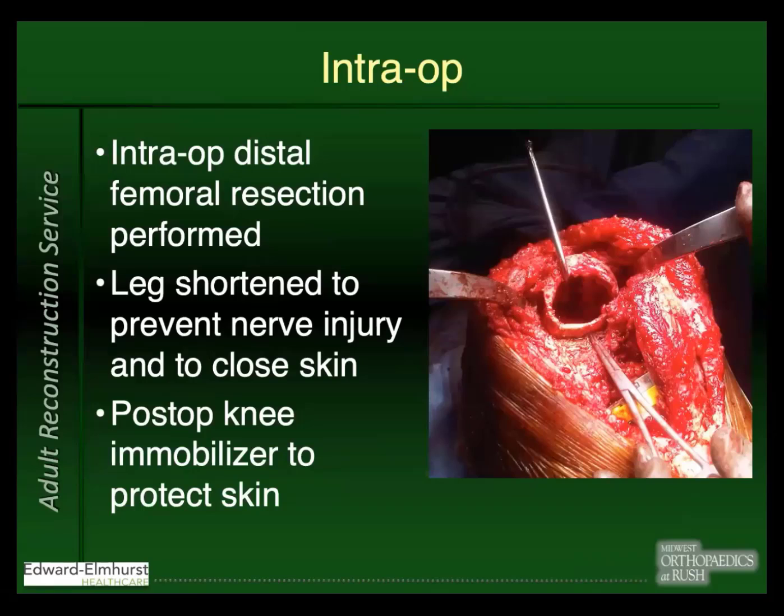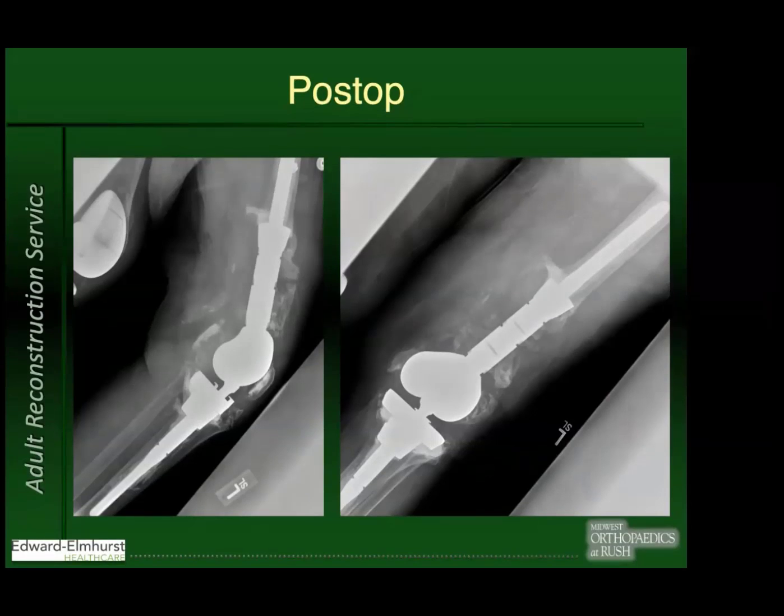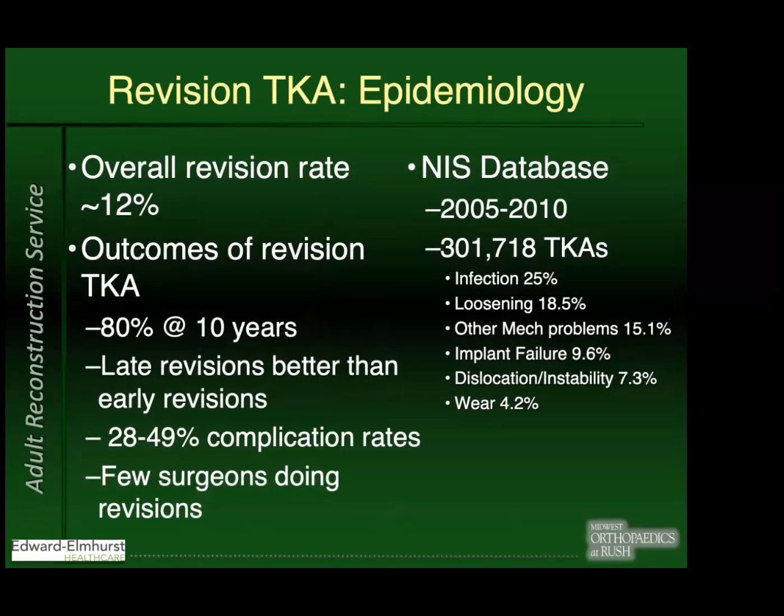And for the interest of time, we'll zip through the case here. This is an intraoperative picture of her femur. We shortened the leg to prevent some injury to the skin and get it closed. We did place her in a neomobilizer for a short period of time postoperatively. And then this is her at her follow-up visit. I don't remember how many years out she was, but we went to a distal femoral replacement to treat that poor bone quality. So that's just a quick case to talk a little bit about the